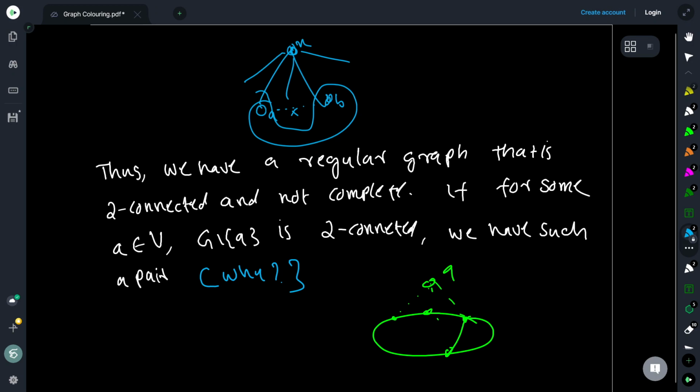What I'm going to do is that I will start with A and B, and I color A and B with the same color. Okay? Because A and B are not adjacent, they can be given the same color. And then I put the remaining vertices and start growing, according to the tree growing order. I mean, in the reverse order.